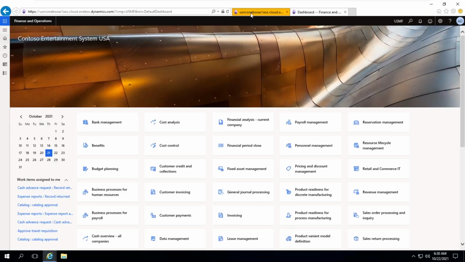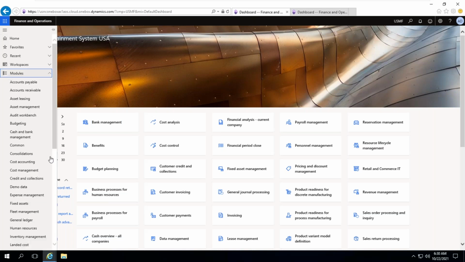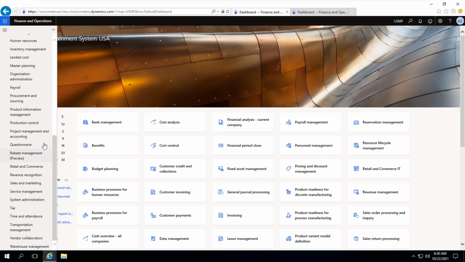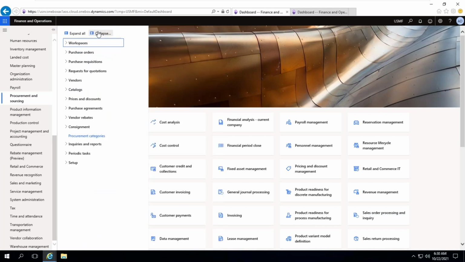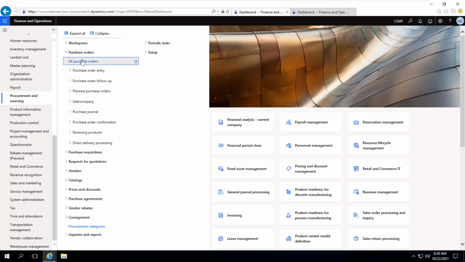So now if you want to create a purchase order, go to the Procurement and sourcing module, collapse all, purchase orders, all purchase orders.